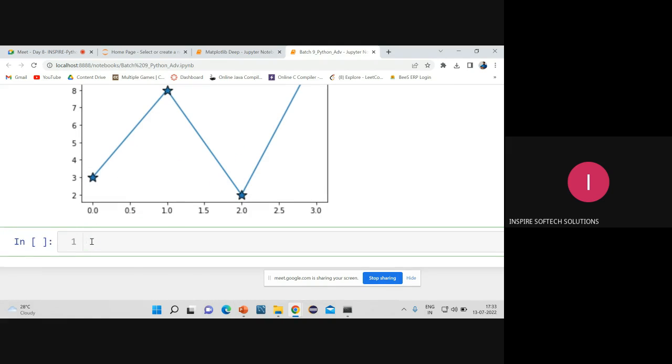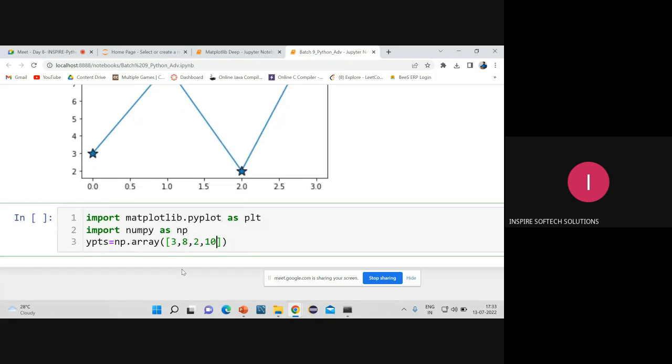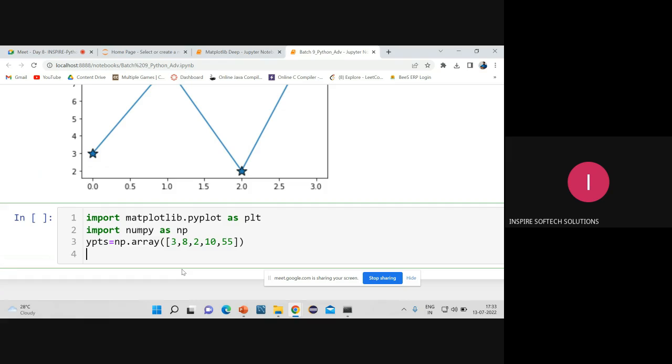So how to write that same, copy that value one by one. So now I'll increase the value to 5. Now how to do that same? First I have to plot it. So we have to change only one parameter, the remaining is going to be as it is. So pyplot, I'll be giving as a plot function. So from that pyplot, I'll take plot. So I have to go with the ypts, which is going to be my entire value. So from this ypts, I have to go with a marker. So my marker is going to be, I'll keep as of now, a star, and my size,